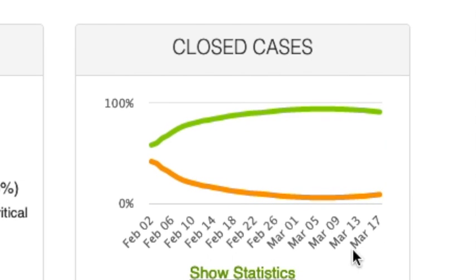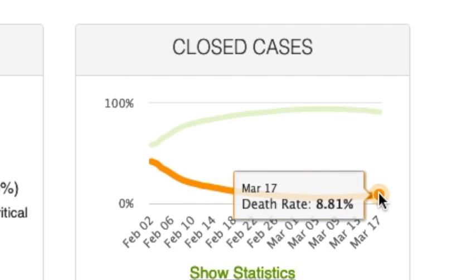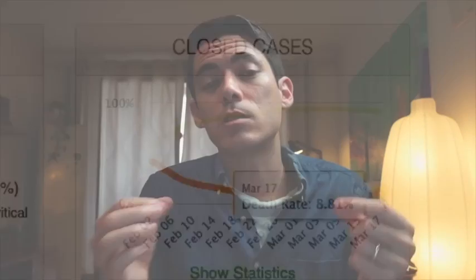What we see in this graph is very, very telling. At its lowest point, the mortality rate among these closed cases was about 5.7, or about 6%. But in the last week or so, it's gone up to 8.8%, about 9%. So that death rate is going up. And the reason it's going up is because healthcare cannot take care of all these people. So a person that originally may have lived if they had gotten the ICU bed, if they had gotten the ventilator, if they had gotten that good care from the doctors and nurses, would have lived. But now, because there are just too many people, they're dying.